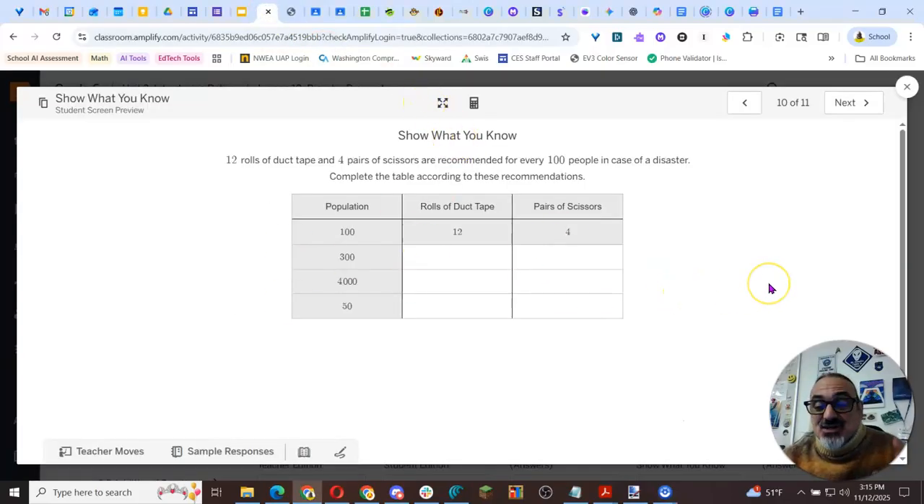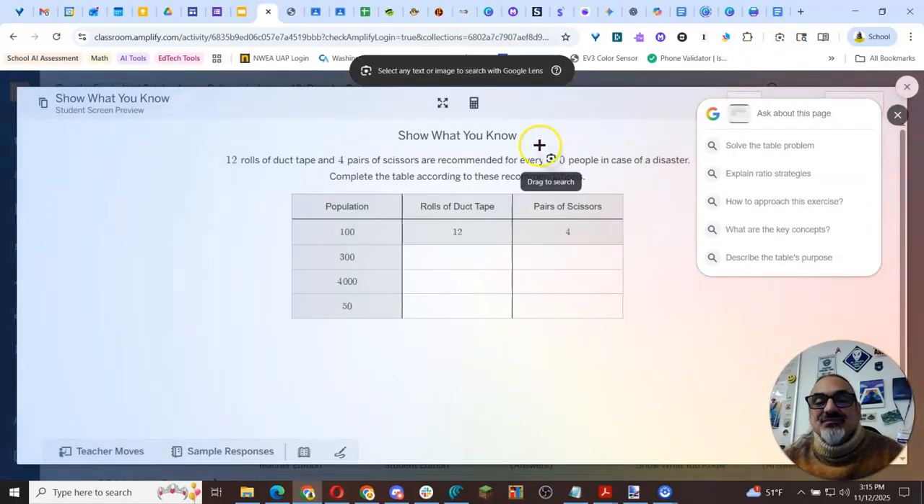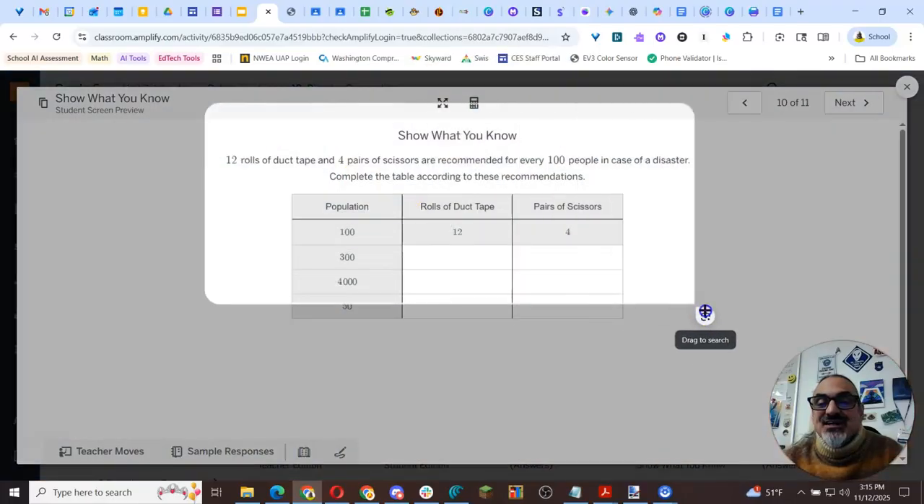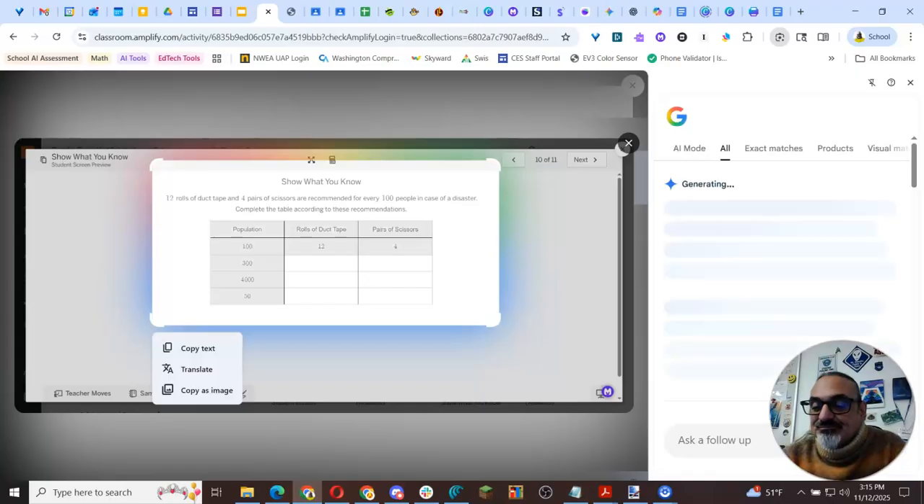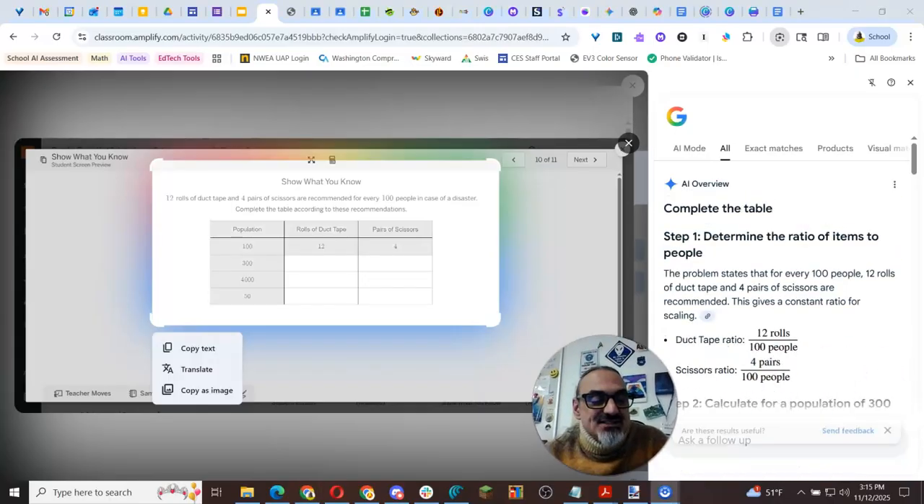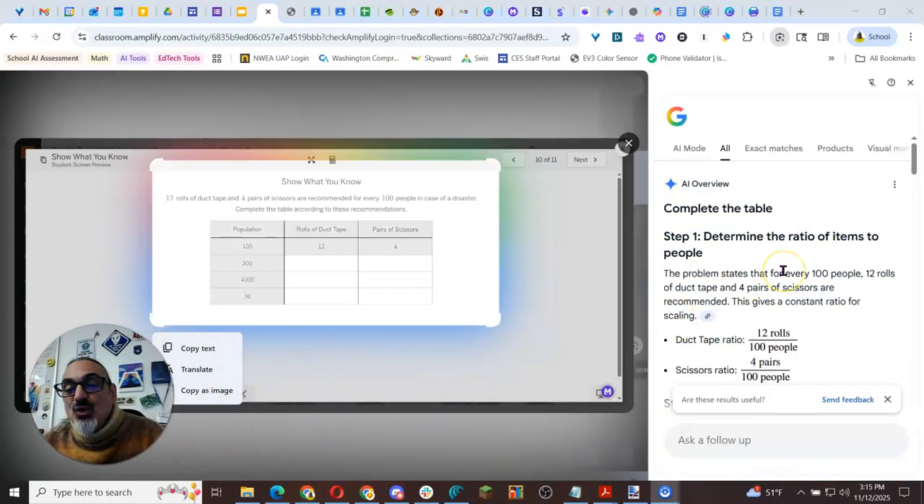So I've got a question that we did on our Amplified Desmos math, and it's proportional thinking. We're learning about ratios, and they're supposed to fill in this table thinking proportionally. So I clicked on the Google Lens here, and I'm like, all right, let's see what it does. I selected the question, moved my face here, and lo and behold, the AI overview does the math for the